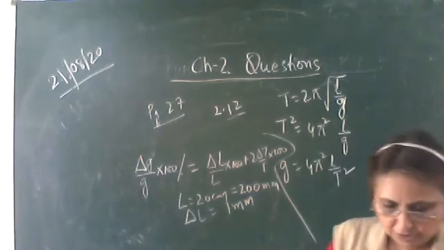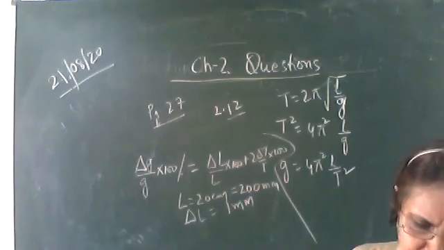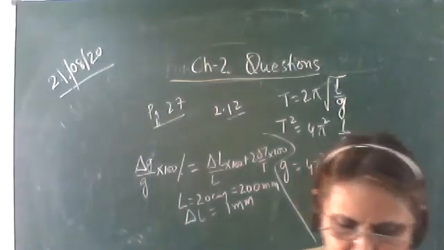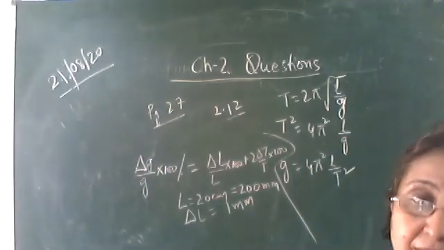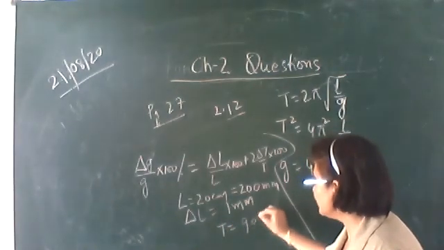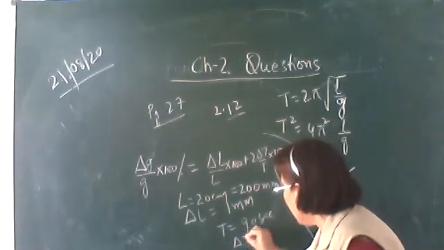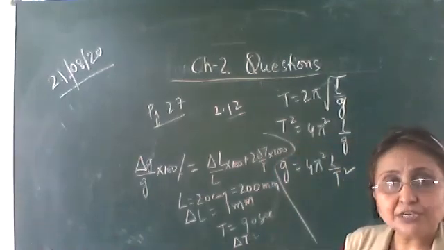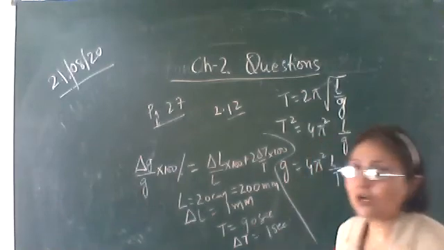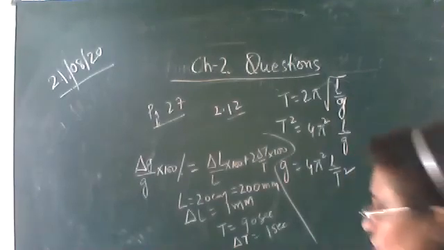Okay, then it is given that it is found to be 90 seconds using a wristwatch of 1 second resolution. The time for 100 oscillations is measured, which is found to be 90 seconds. So what is the time here? Time here is 90 seconds. And what can be the absolute error in the time? It is measured by a wristwatch which is having a resolution of 1 second. So what could be the maximum absolute error in T? It will be 1 second. So delta T is 1 second.